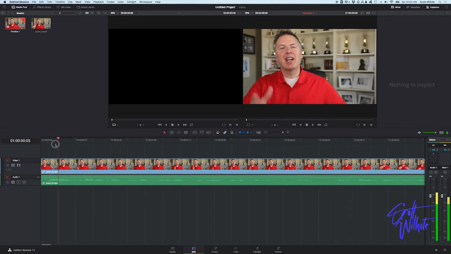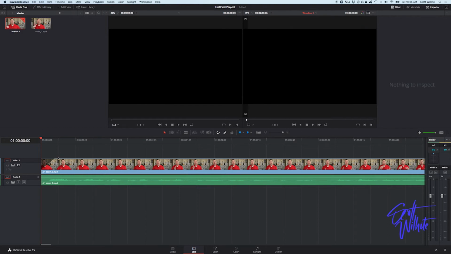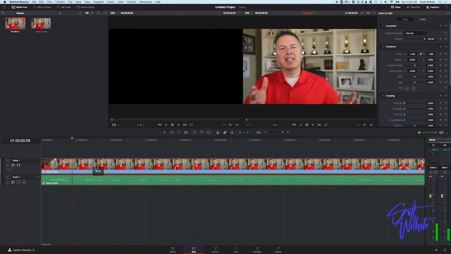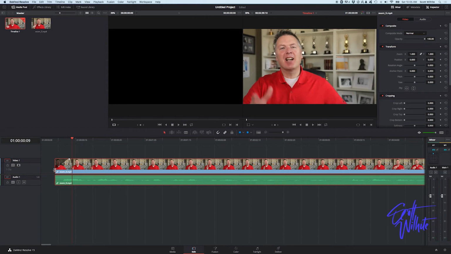And maybe what I want to do is have a fade up so it's not just a hard, all of a sudden we're there. So I can grab this little guy here in the corner and I can move it over and it gives me some numbers. And that'll say, okay, now I've got like a 3 or 4 frame fade up or dissolve. So now when I play it, "All right, today we're talking." Well, it's a pretty fast fade up there.